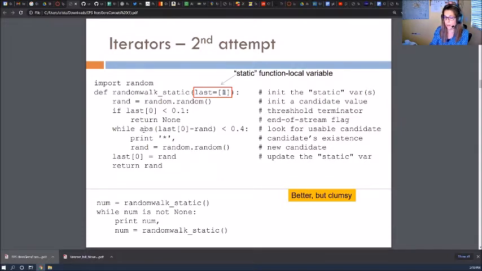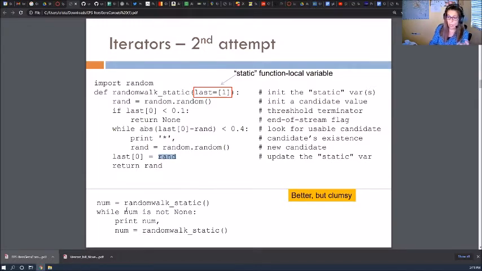If it's not, then you basically go here just on this little loop just to make sure that you get a number whose difference to the previous one is less than 0.4, okay? This is not going to generate the entire sequence. It's just in case you get a number that this thing is true, then you'd have to generate the number again, right? But now you return. So assuming that you got the number whose difference with the previous one is greater than 0.4, then you store it here on this static function local variable, and you return that number immediately, right?